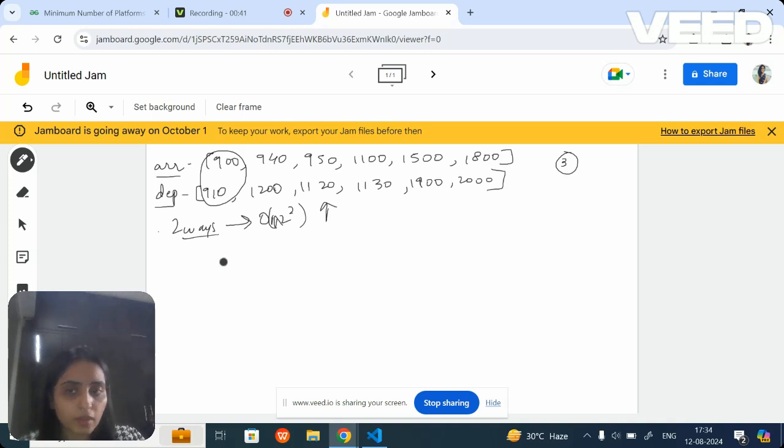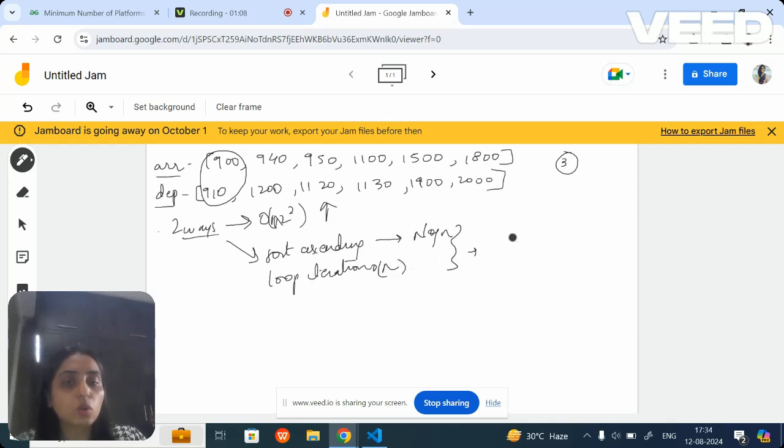which is more, right? A second way is that what you can do, first sort your arrays in ascending order, so that it's simpler for you to compare, and then just do one loop iteration. I'll explain how, don't worry. But sorting takes n log n, and this takes O of n. That means the total is O of n plus O of n log n. That means only O of n log n, you can just ignore the constant.